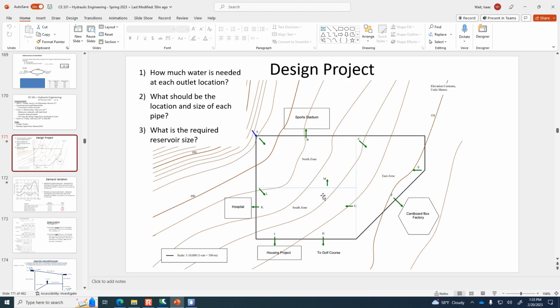Just A and M. So when you calculate how much water, the amount of water in liters per second, that's the design flow for the north zone, you'll divide that by 2 to figure out the design flow rate per outlet. So you assume that half of the water consumed by the north zone comes out at A, half of the water consumed in the north zone comes out at M. So the summary sheet is mainly to set the stage for part 2, which is when you're going to be sizing the pipes in the network.